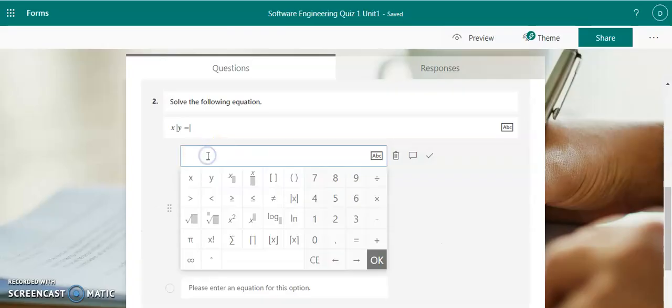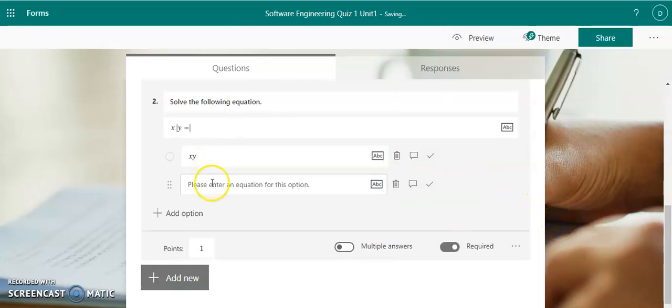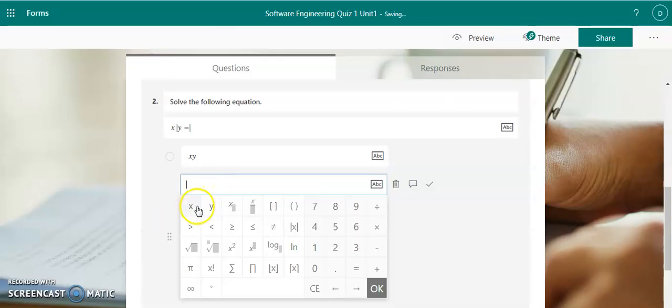So now you give options here, because we have selected math as the category of the question. It will show you math equation keyboard even in the answers also.